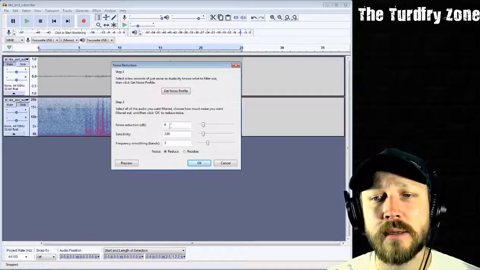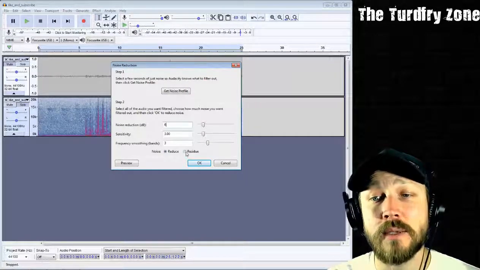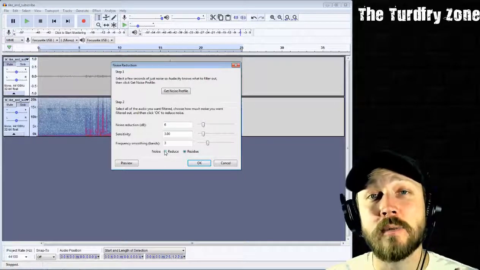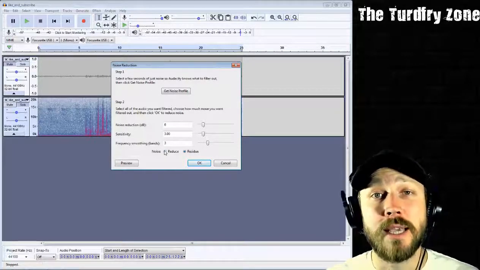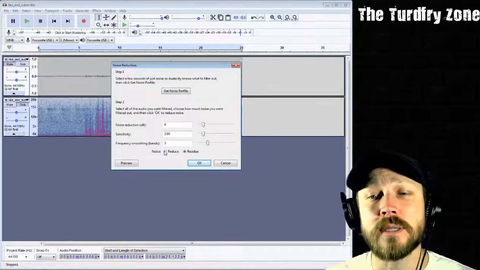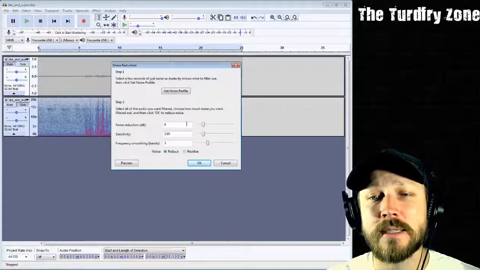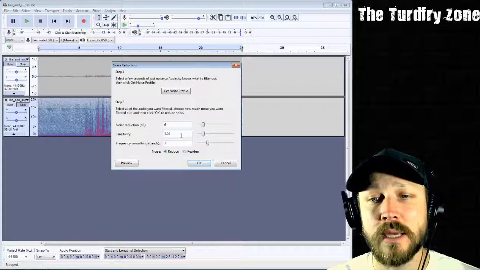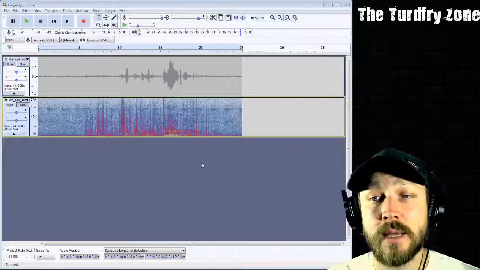The biggest setting that I typically use here is going to be the amount of decibel reduction. Now, you can tinker around with some of the other settings, and by using the residue radio button instead of reduce, Audacity will output the audio that you're looking to remove. So you can make sure that you're not taking away too much of the character of the voice itself. But for our purposes, we're staying again on the conservative end. 6 dB of noise reduction based on 3 sensitivity and 3 for the frequency smoothing bands. Let's see what effect that has.